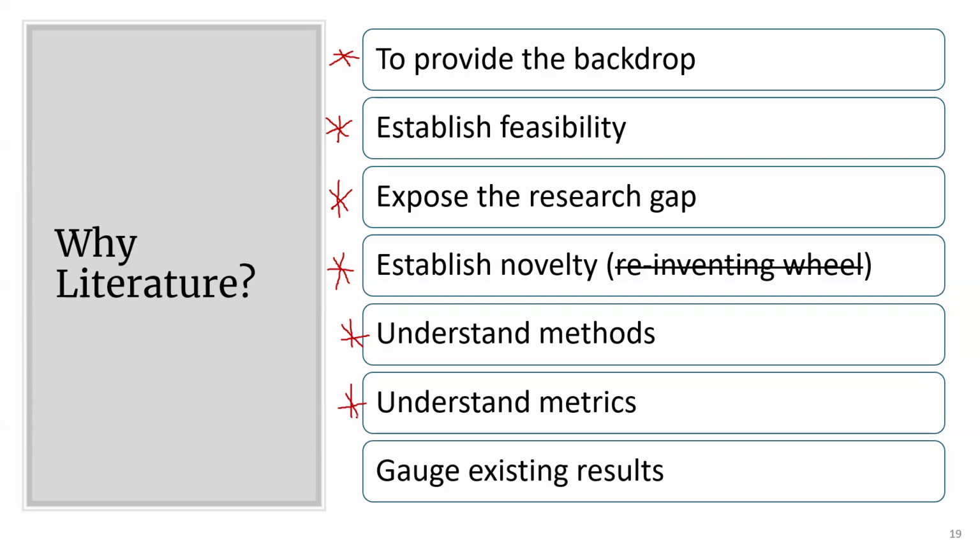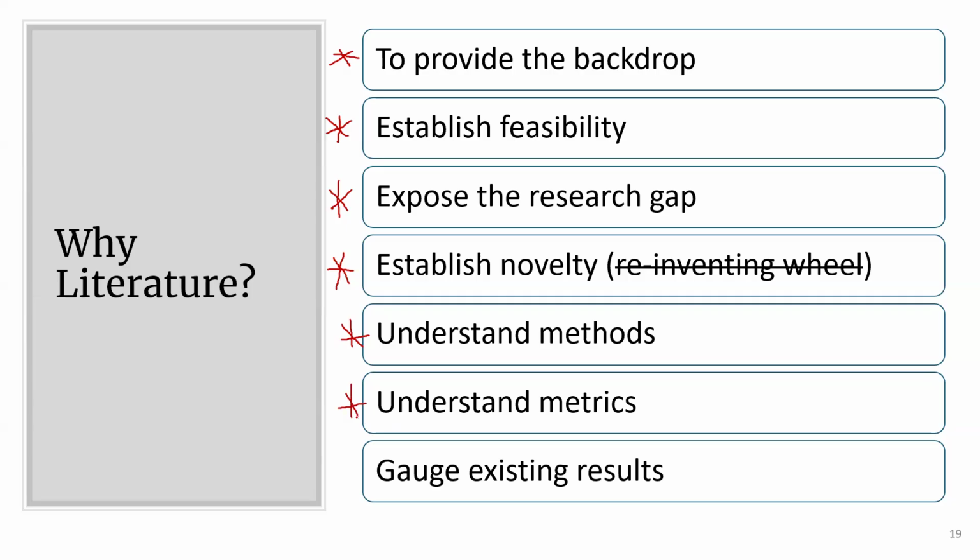Did they use millimeters? Did they use accuracy? Did they use mean average precision? What is the metric that they used? For example, if you want to measure the rainfall, you do not use liters, but you use millimeters, right? So therefore, there is a logical reason why those metrics are used in those specific areas.